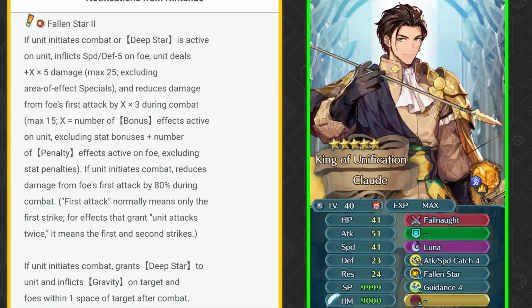And maybe he can give the status effects out of his weapon to his allies and maybe inflict something like panic status on the enemy, because he's going to be functioning mainly as an arena unit. He could be used in Summoner Duels now that Fallen Star 2 has been fixed with Deep Star, but still I don't really see him being used in Summoner Duels that much because that game mode is very cutthroat,